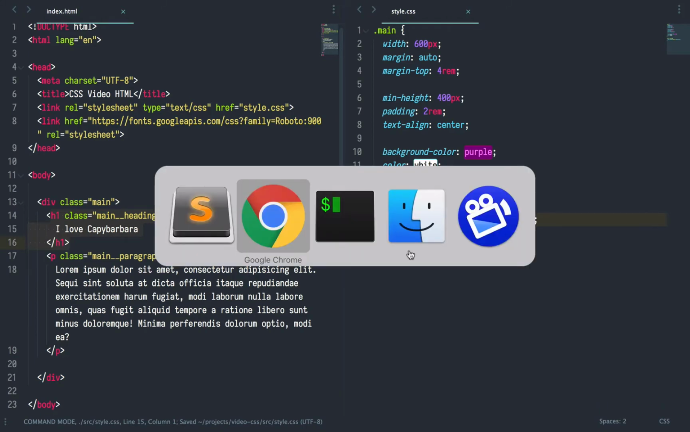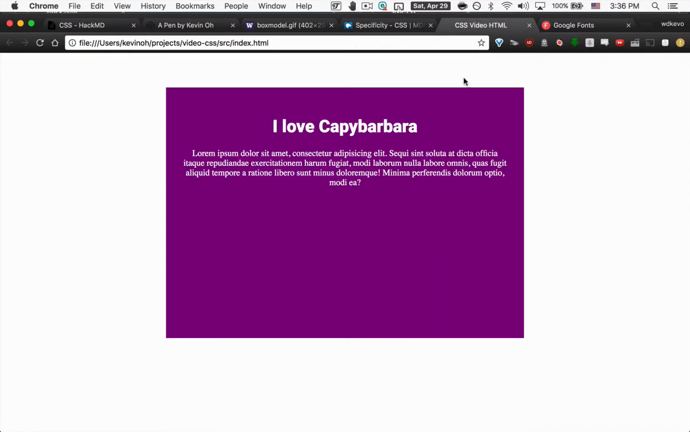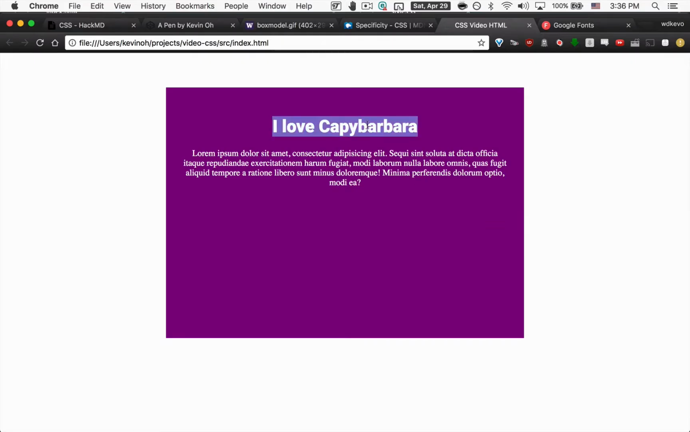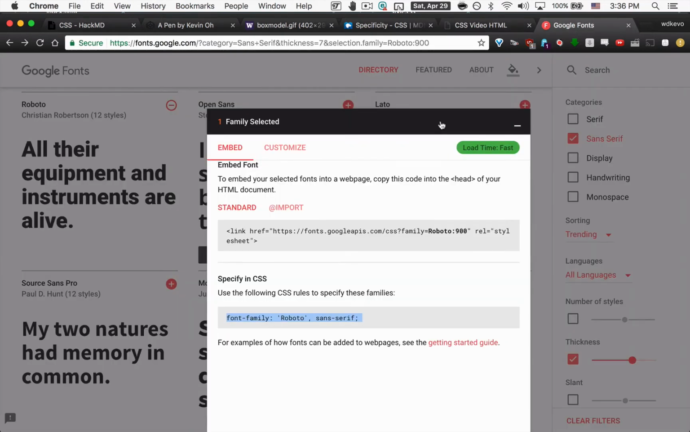And now if I refresh the page, hopefully it will work. Yeah, so the font changed. Let me just disable this real quick so you can see that it indeed worked. Yeah, so let me re-enable that and refresh again, and great. Okay, so the font is being loaded. Let's just do that again for